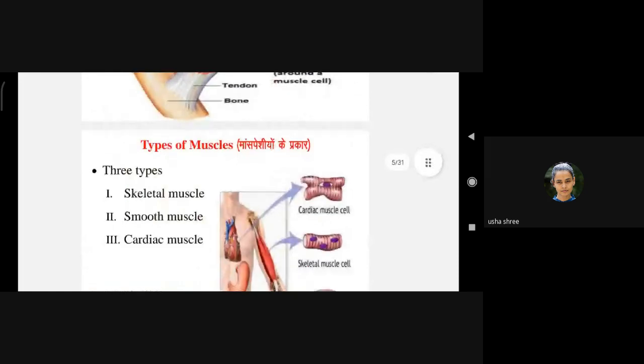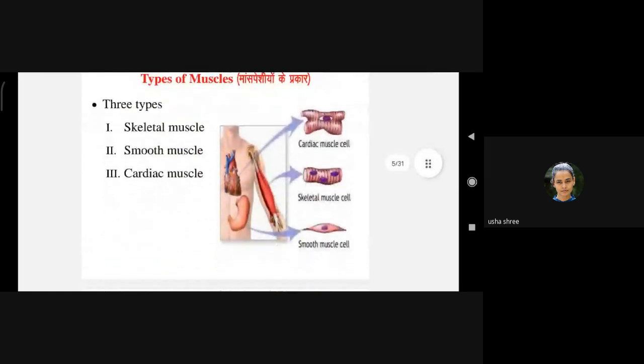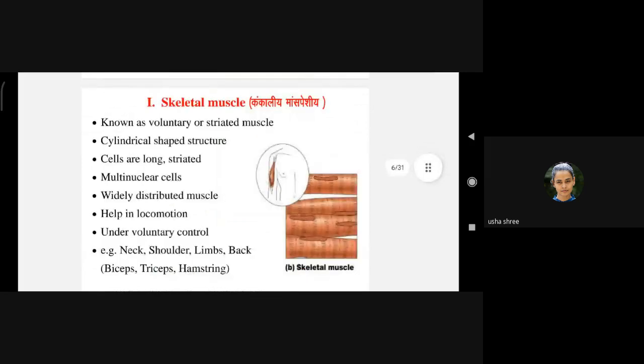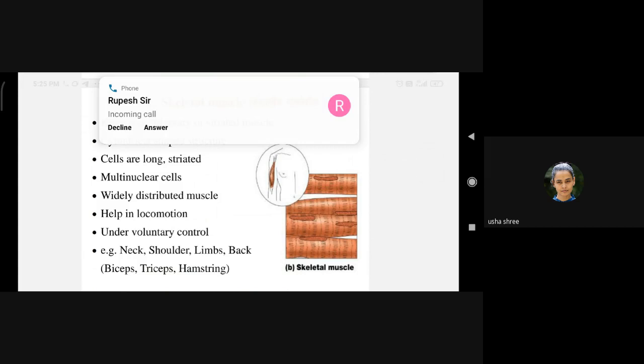No. Okay. Now, types of muscles. We already discussed about these types: skeletal muscle, smooth muscle, and cardiac muscle. So, skeletal muscle, known as voluntary or striated muscle. Cylindrical shaped structure. Okay. These are voluntary and